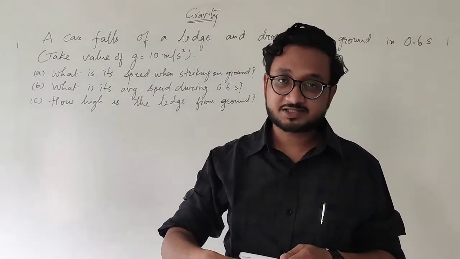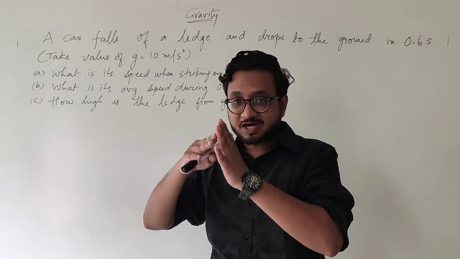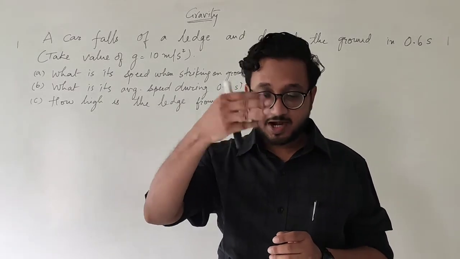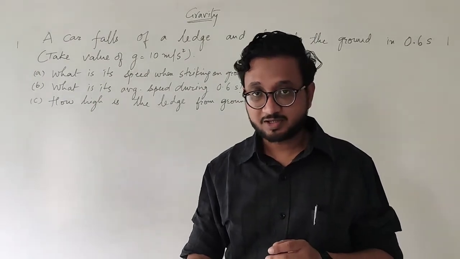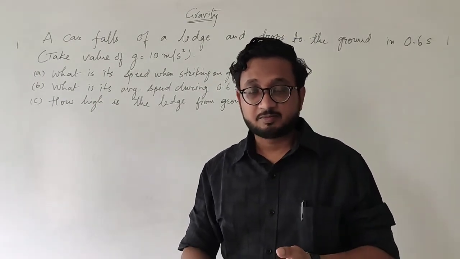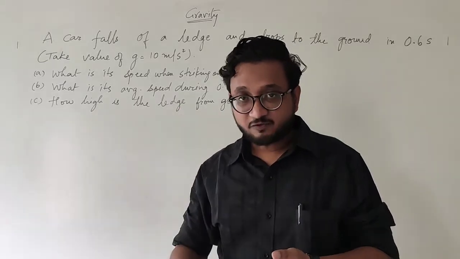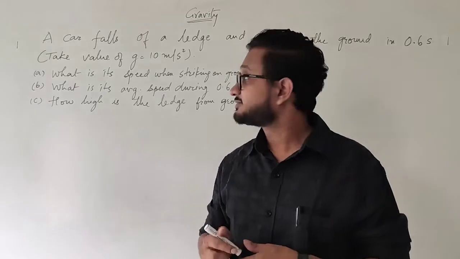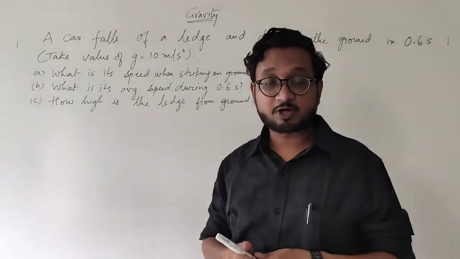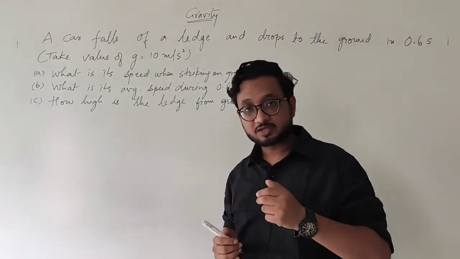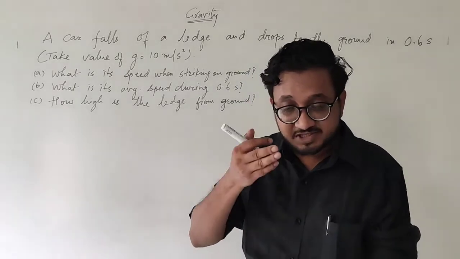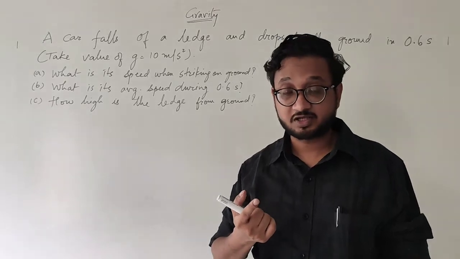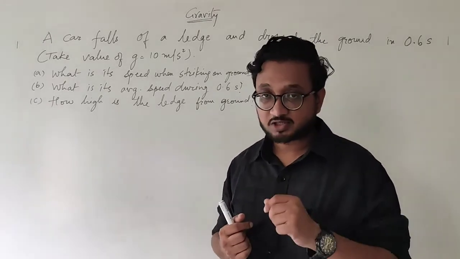So obviously the car is falling, right? When it starts to fall, at that particular time its initial velocity is 0 and it falls a particular distance, that is the height. And because of the height, when it is free falling for 0.6 seconds, it is going to have a certain acceleration, and that acceleration is 10 meters per second square because of gravity. And when it just touches the ground, it will have a certain velocity, that is its final velocity. You are supposed to find that final velocity.